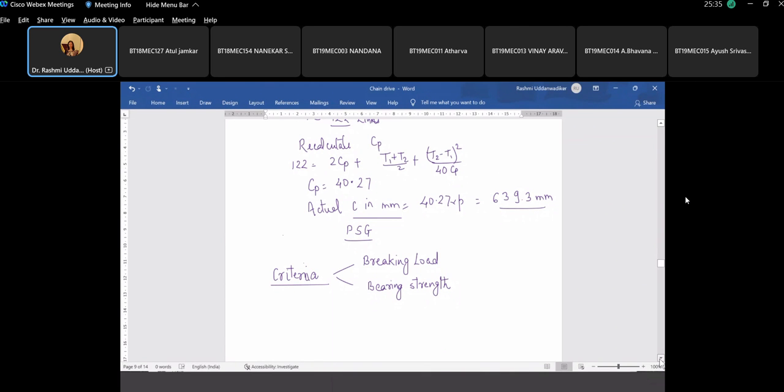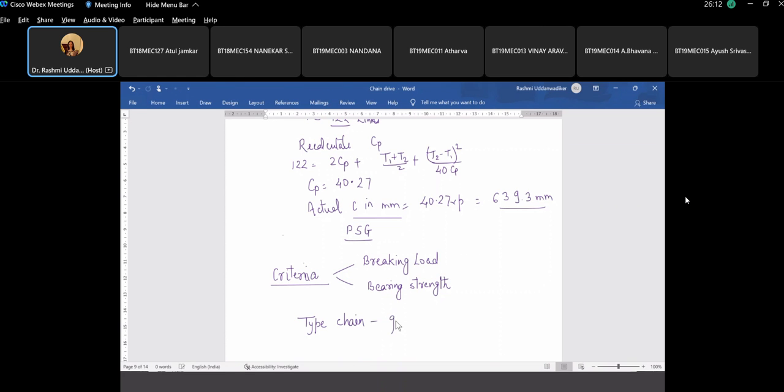Braking load will fail the chain, but this rarely fails because the factor of safety is very high. It could be 7, 8, 10, 11, 12. And so we will check for the braking load, but we'll only see that the factor of safety is greater than the required factor of safety range that is given in the design data book. And we have to, using the graphs, we have seen how we tentatively select the type of chain. And from the type of chain, hash 50, hash 40 that we select